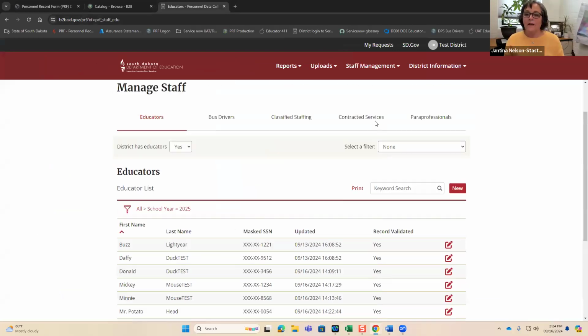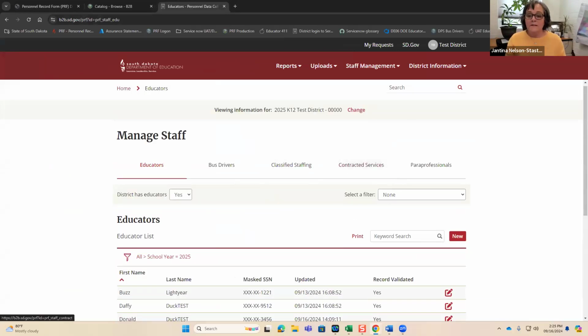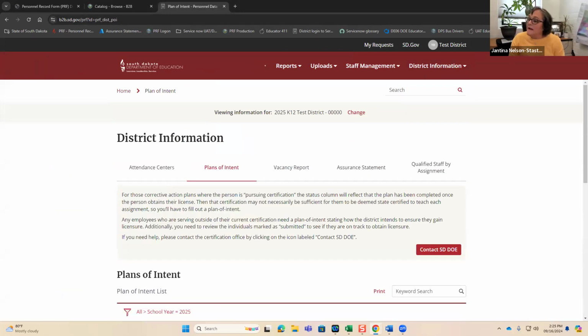Okay, moving on to step 4. Once you have all of your records validated in the educator section, you can put in your plans of intent. There are 2 types of plans of intent.